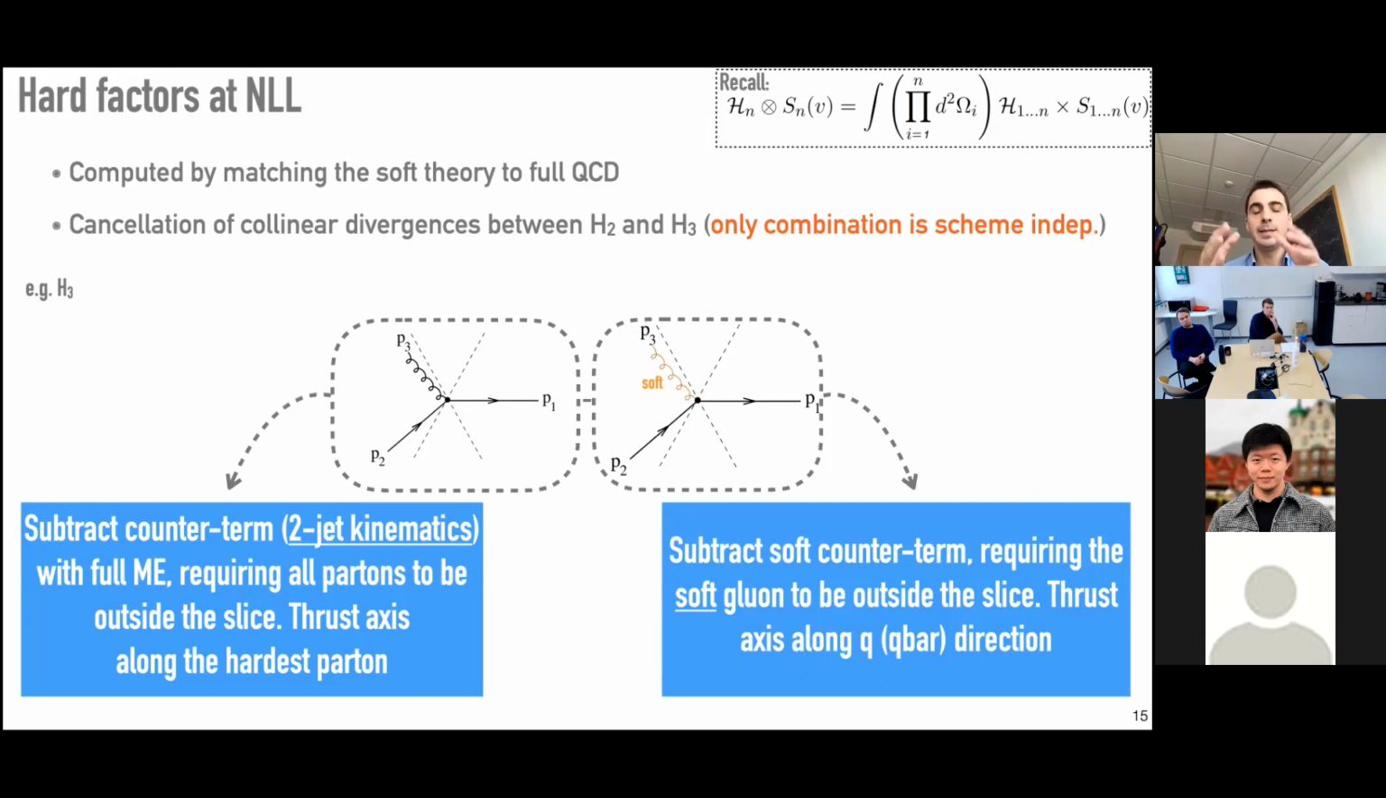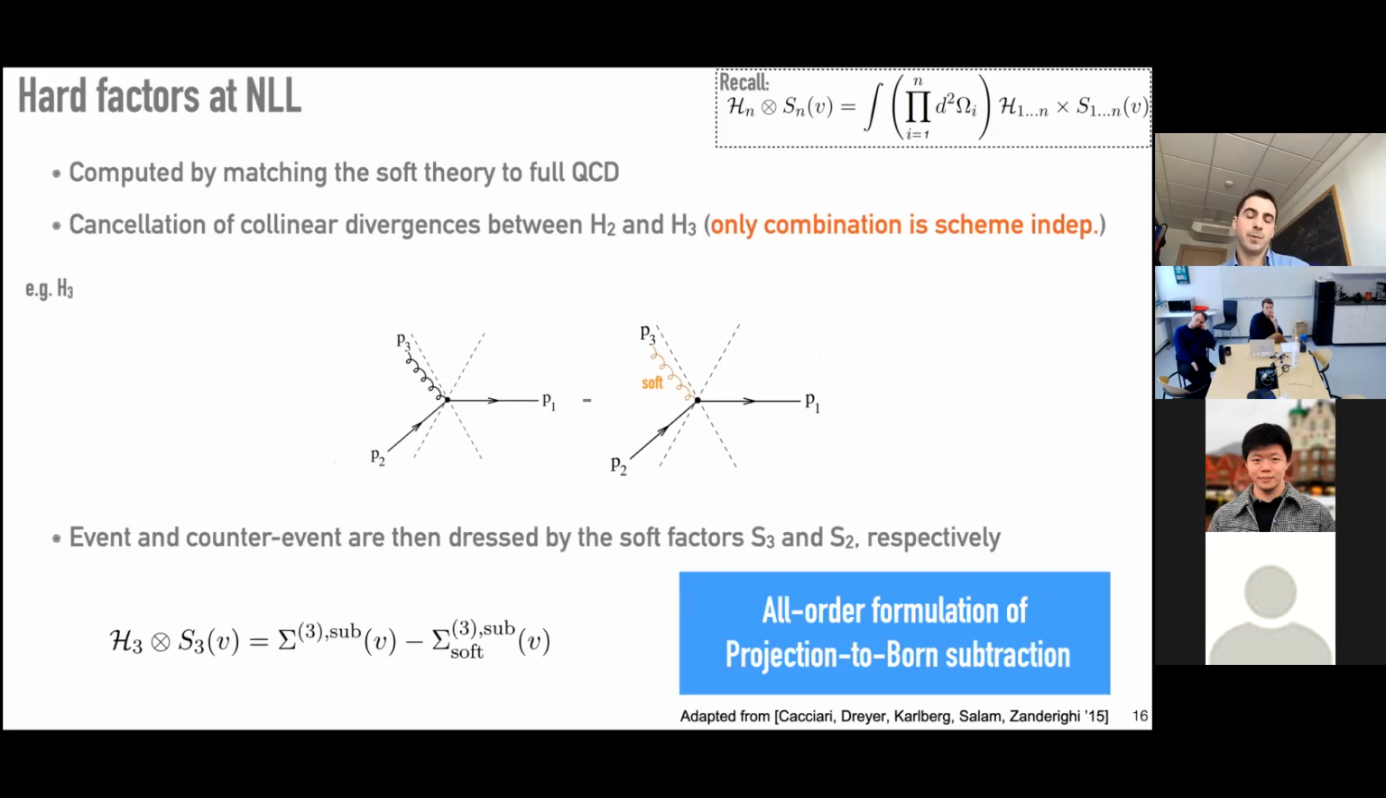And now the integral of those counter terms that we introduced with an extra minus sign will be included in the H2, where it has the role to cancel the poles that emerge in the virtual corrections that are included there. So this is an extension to all perturbative orders of a well-known subtraction procedure that is called projection to Born. And the difference with respect to the original implementation is that now this projection also acts not only on the gluon that we generate, but also on the subsequent soft radiation that gets generated